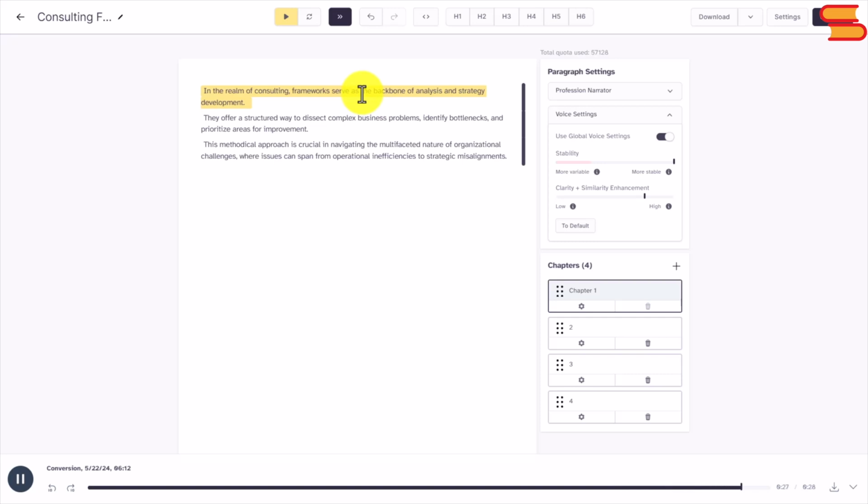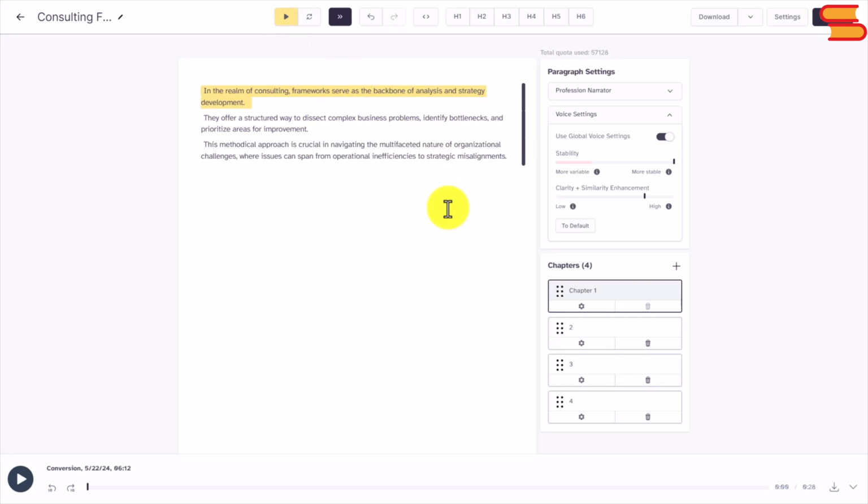to strategic misalignments. So basically what we have is a volume problem which can be solved with editing. This would not save us as much time as we would want if we're going to use an AI voice in our professionally cloned